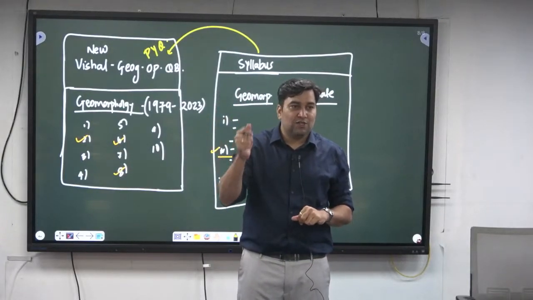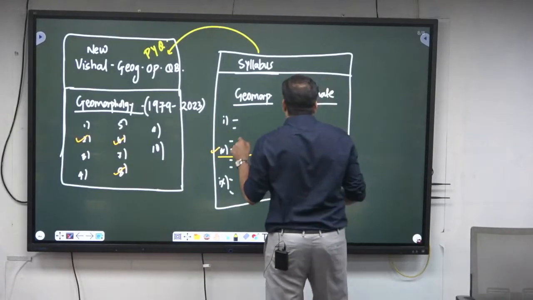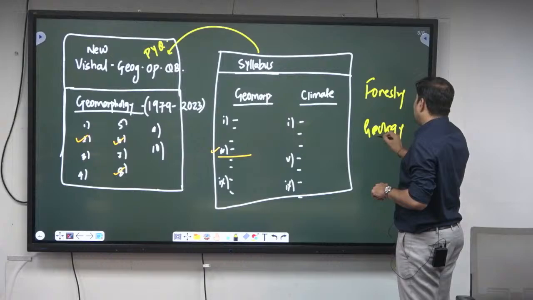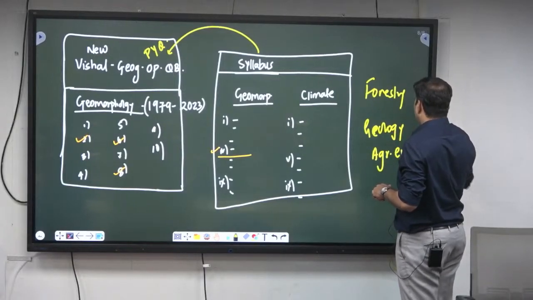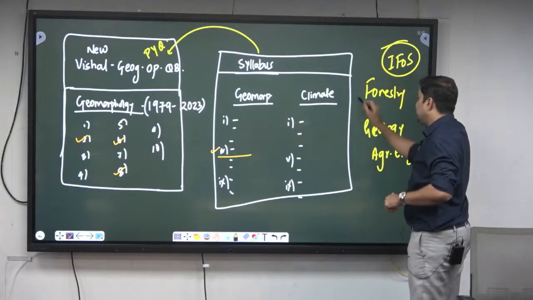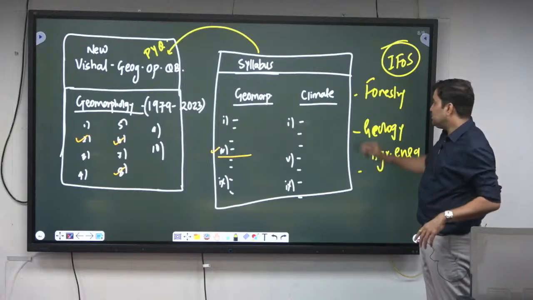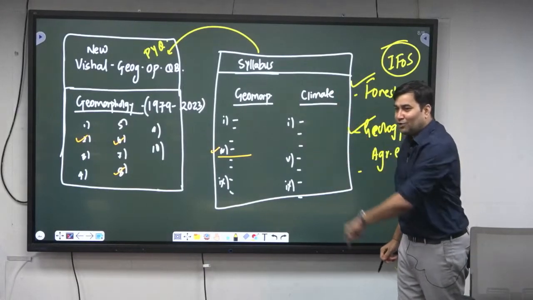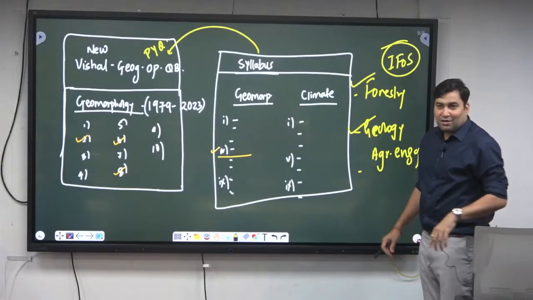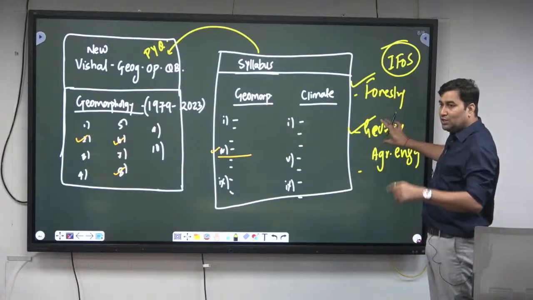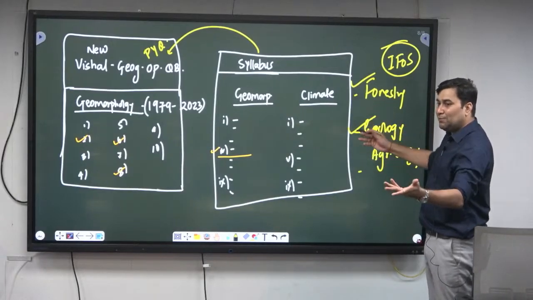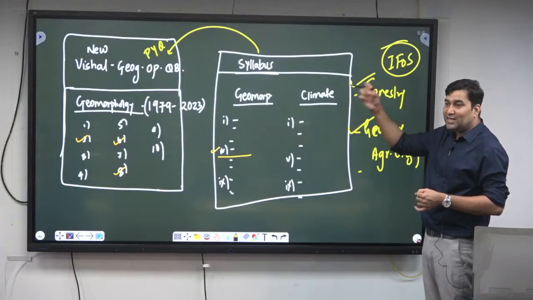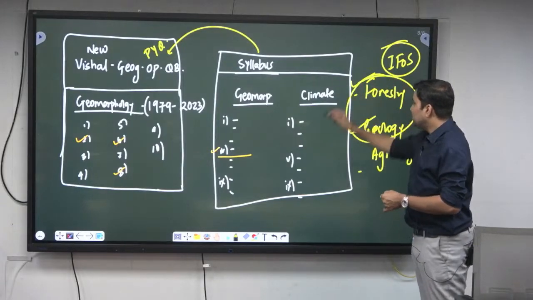Yeah. So she is asking, how will geography help me for IFoS? For example, in IFoS the popular options are two. One is forestry, and second is geology or agriculture engineering. Agriculture is not there, agriculture engineering. So for the Indian Forest Service, you have to opt for basically 2 subjects. One of the common subjects taken is forestry, and the second subject taken is geology. Now the foundation of both of these is geography. Geology is a branch of geography, forestry is a branch of geography. You just have to go into more detail. For example, when you are studying geology, you are studying all the rocks, minerals and so on, but the detail of chemical properties and so on will be in geology. In forestry we studied the vegetation; there you have to remember the names of the trees, scientific names and so on, in detail. The understanding of these 2 subjects in detail